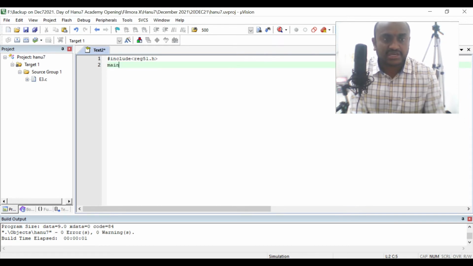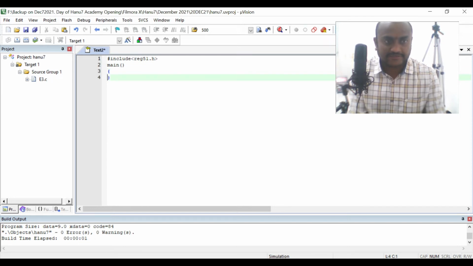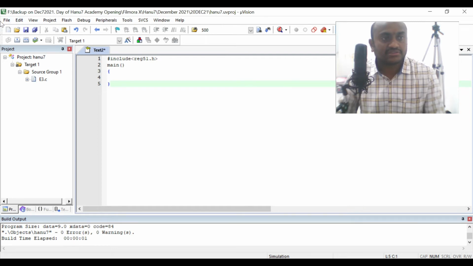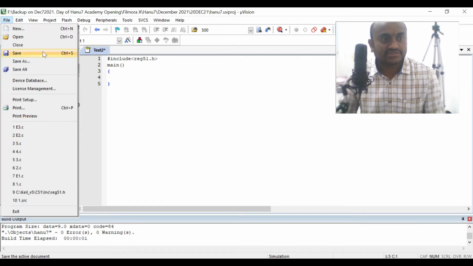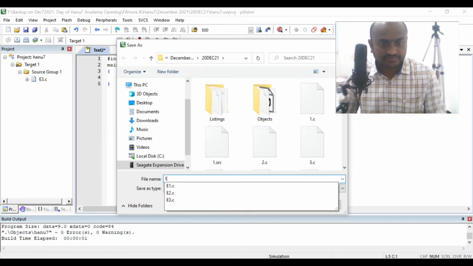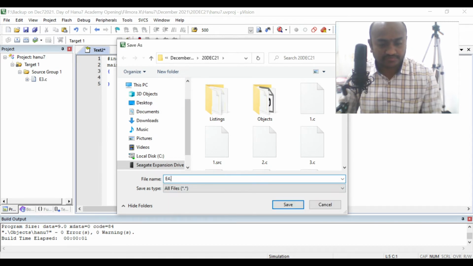Then next the main method. Let us save the file first. So first go to file and then save. It is e4.c.